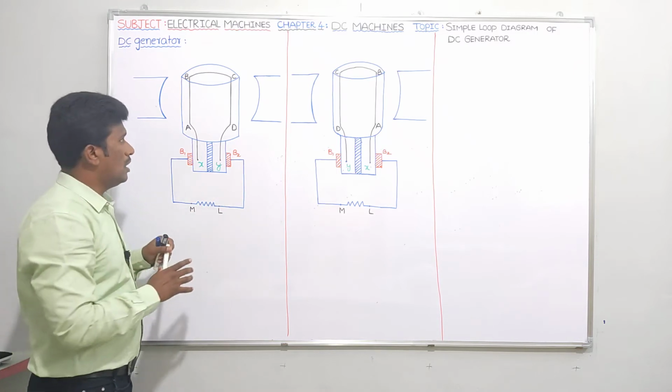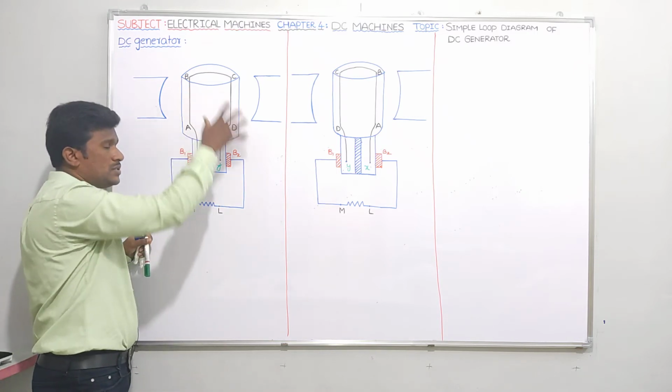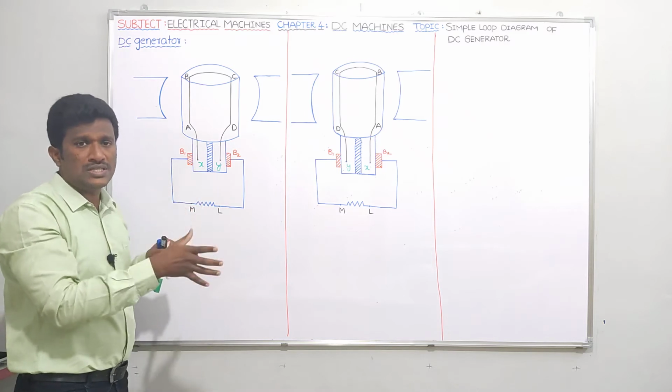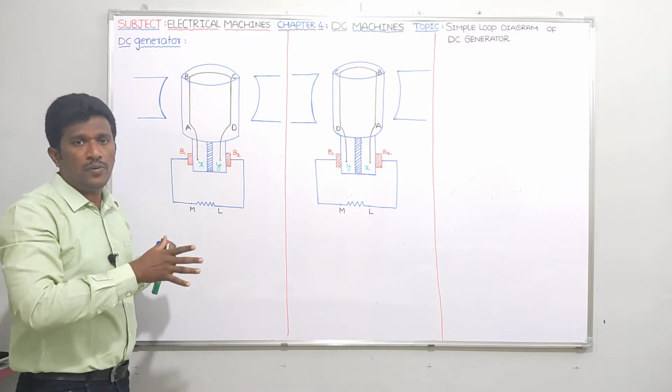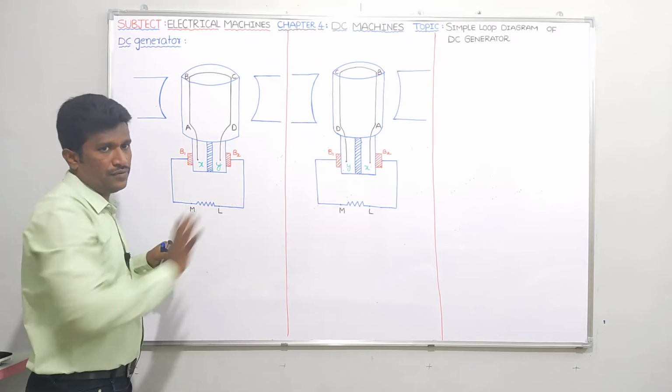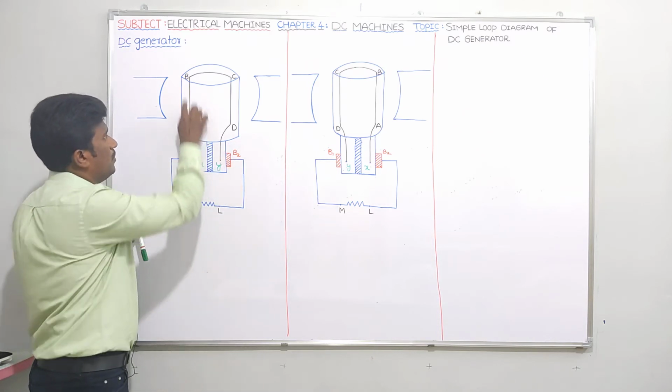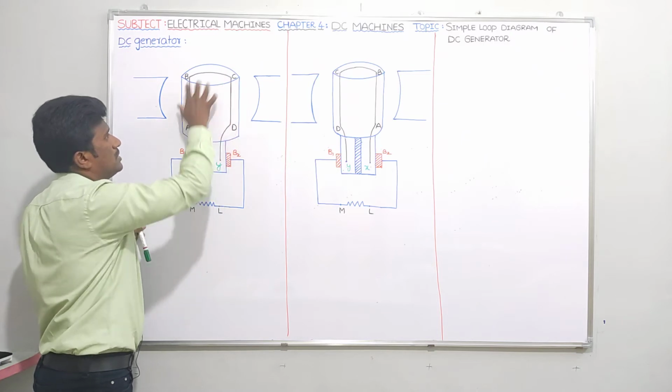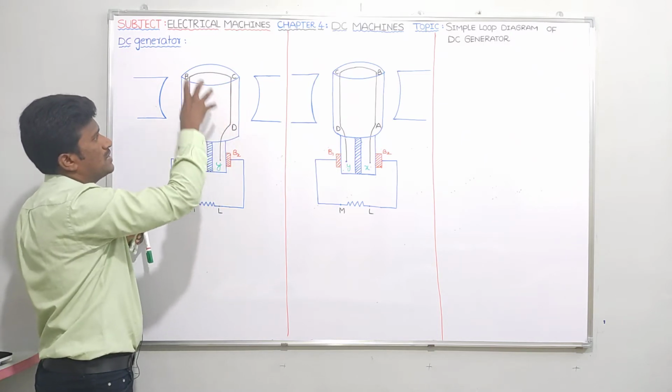Please try to wait. So obviously, what is the conclusion? In a DC machine, you have to place the armature winding on the rotor and the field winding on the stator. That is the conclusion, and I will give the reason in the same video. Okay, so let us assume that here AB is a conductor, CD is a conductor. AB, CD, I can take as the armature winding, which is placed on the rotor.